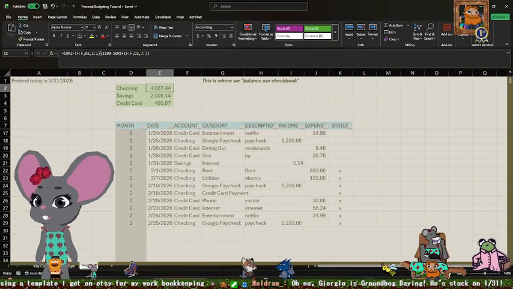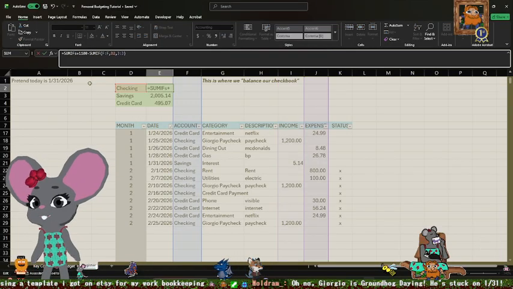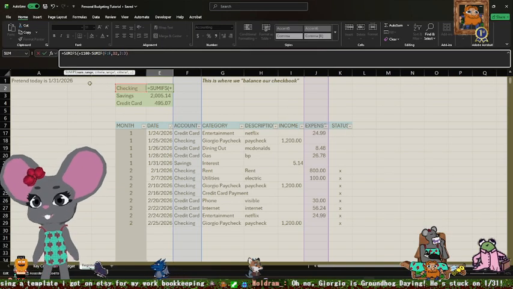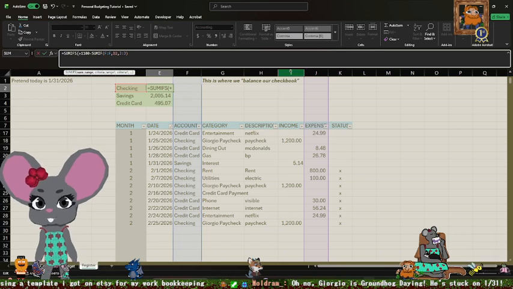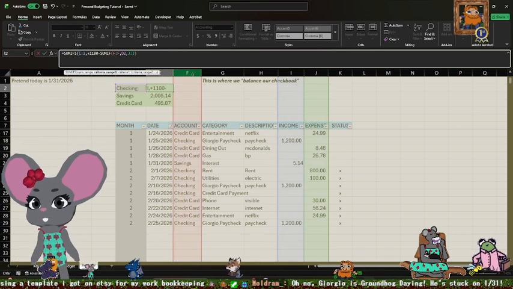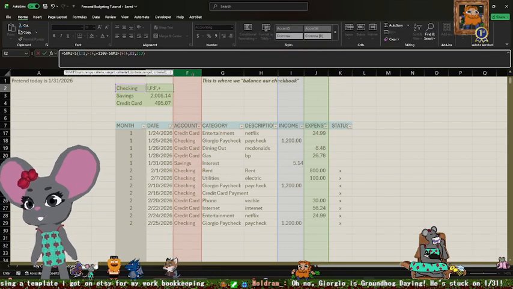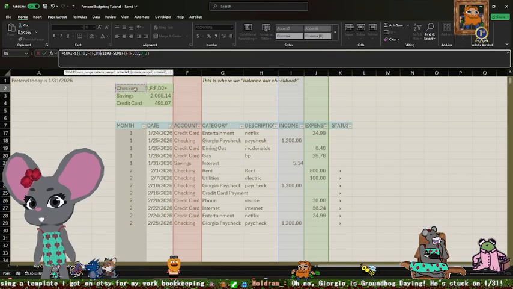We're going to change this to SUMIFS, putting an S on the end. The sum range is the income column. Our first criteria range, again, is the account column, and we match the criteria to this word checking over here.